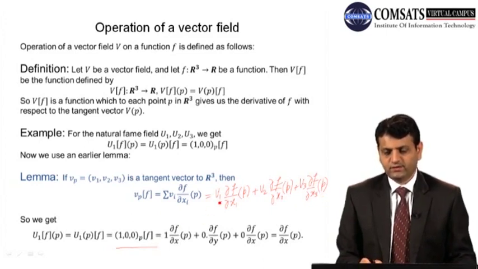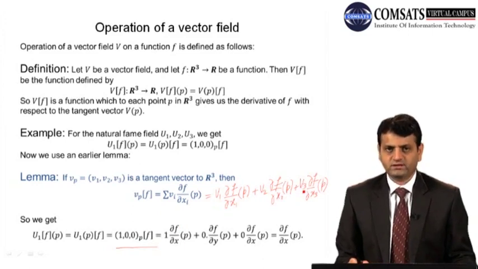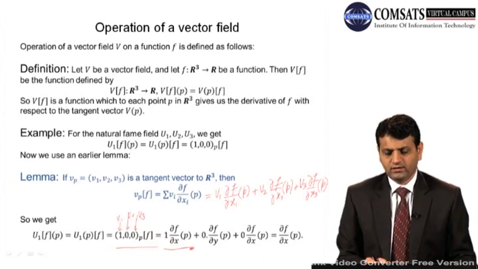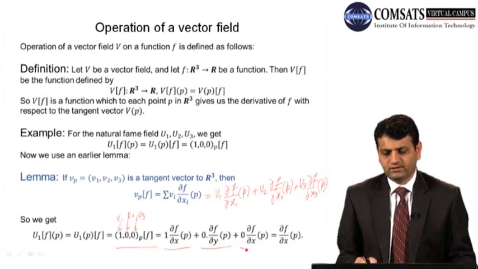But we know what v1, v2 and v3 are in this case. v1 is 1, v2 is 0, and v3 is 0 again. So it becomes 1 partial f by partial x at point P plus 0 multiplied by partial f by partial y at point P plus 0 multiplied by partial f by partial z